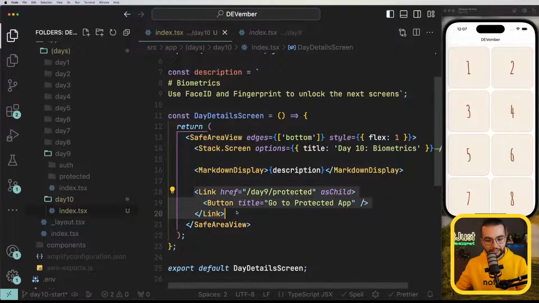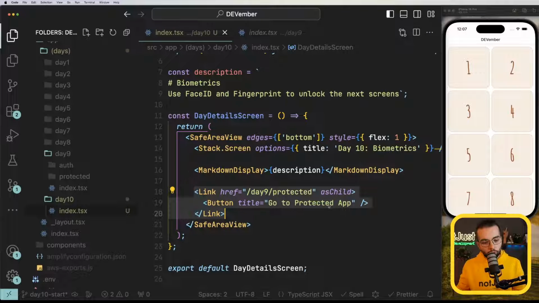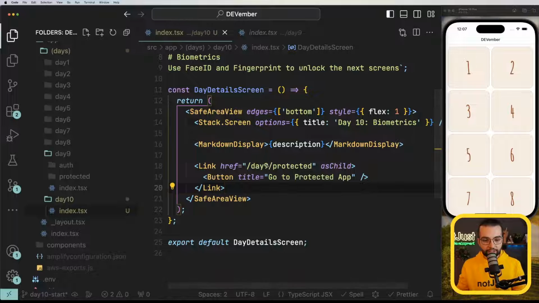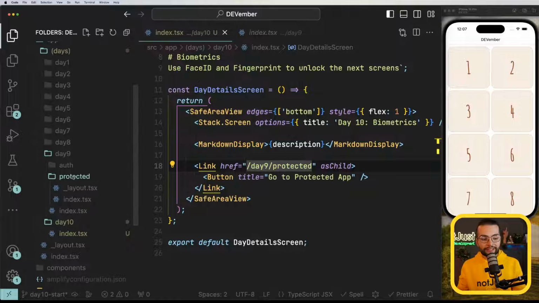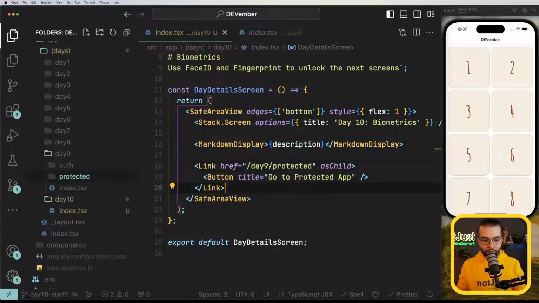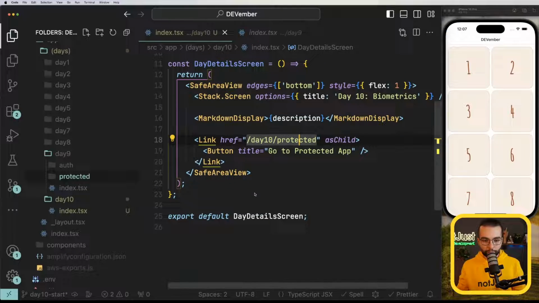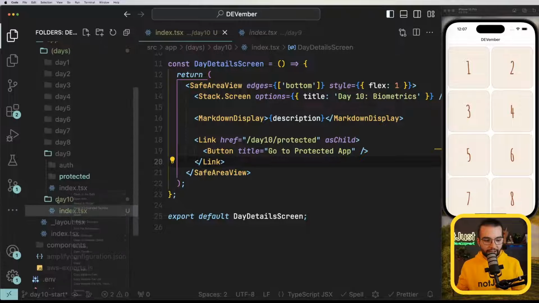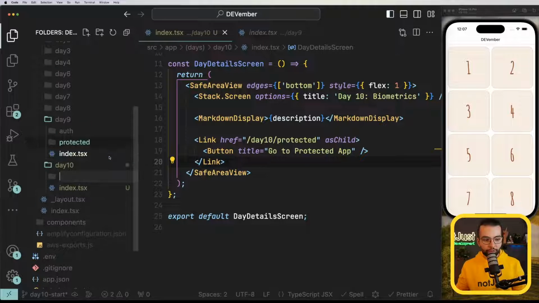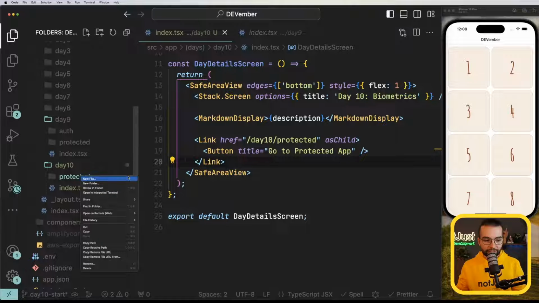When we press on this button, we're going to have to also go to a page that we would like to protect. So we're going to follow the same structure as in the previous day, where we have a group of routes that we want to protect with biometrics. So they will be in our day 10, and the folder will be called protected. Let's go ahead in day 10, create this folder protected. And inside the protected, let's create a